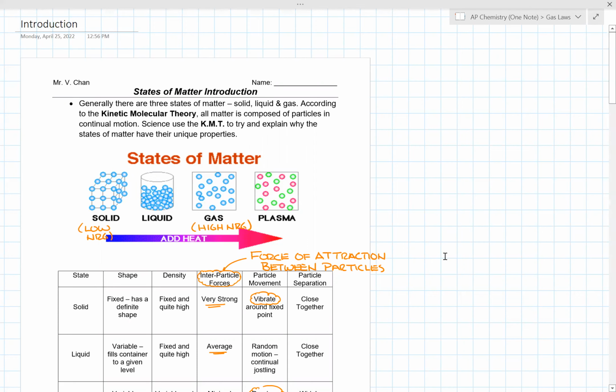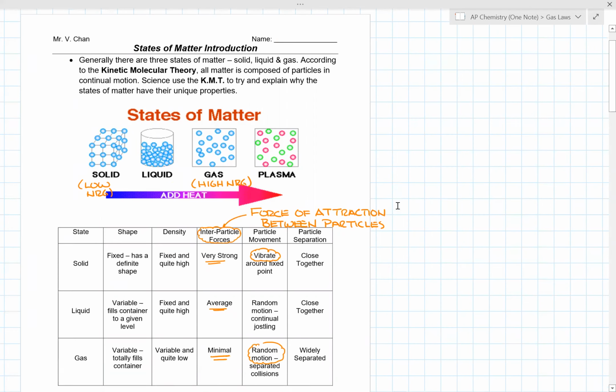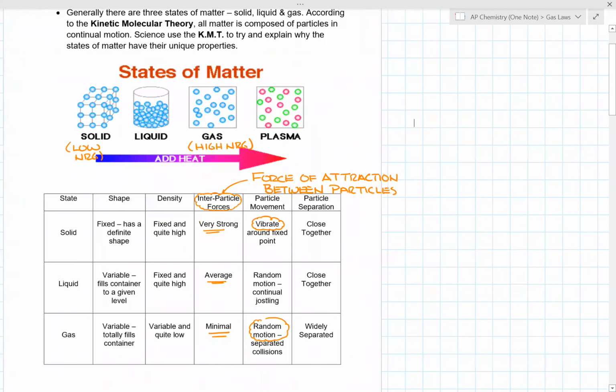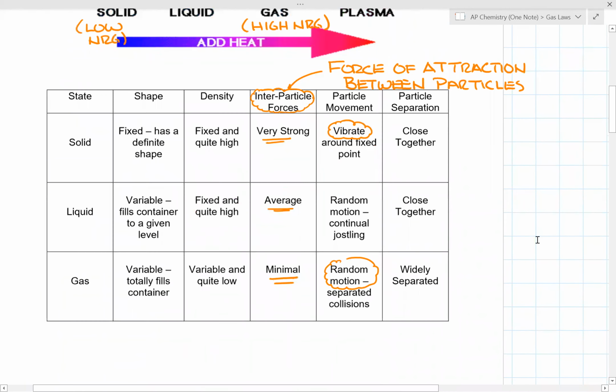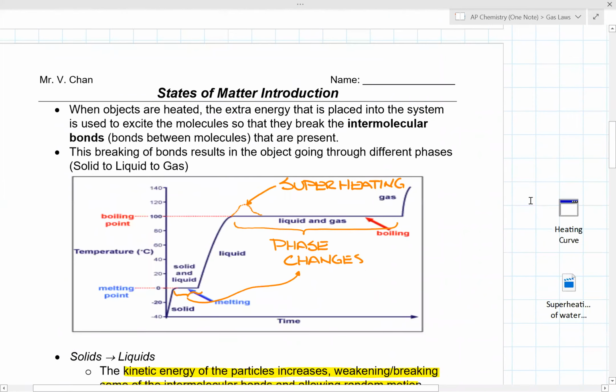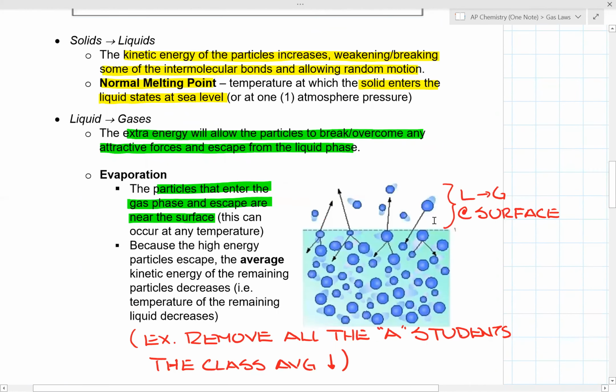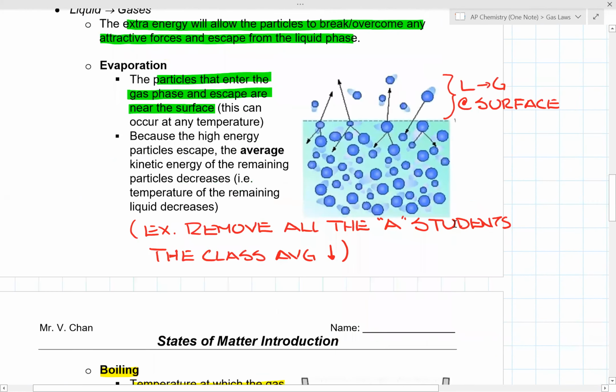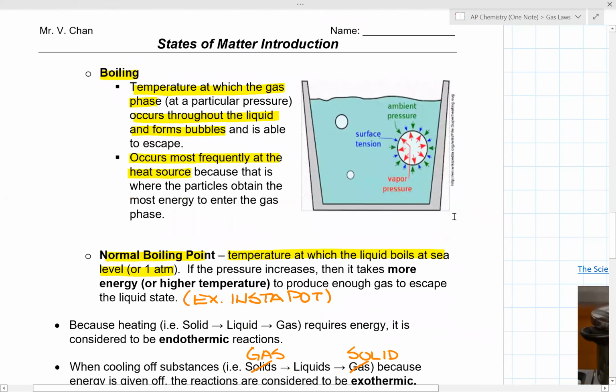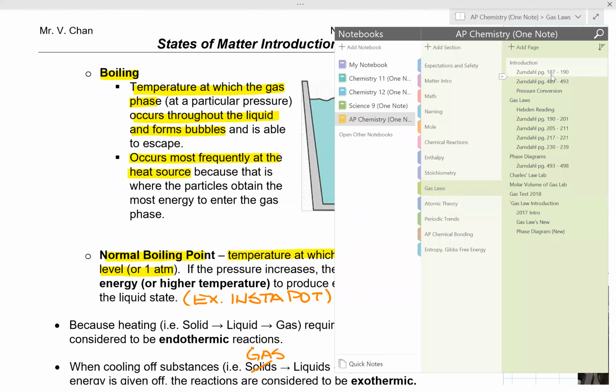Recall when we talked about the states of matter, we talked about the difference between solid, liquid, and gases, and we talked about some of the concepts in regards to phase changes, superheating, supercooling, and the idea of evaporation, boiling, normal boiling point, that sort of stuff. Now, what I wanted to do today for this lesson is just to make reference to some of the textbook